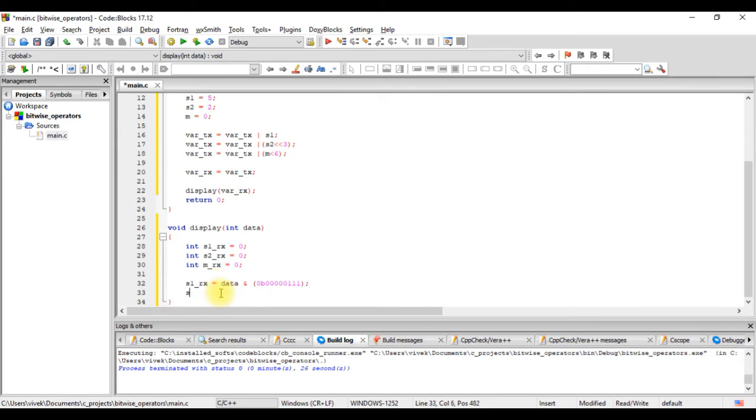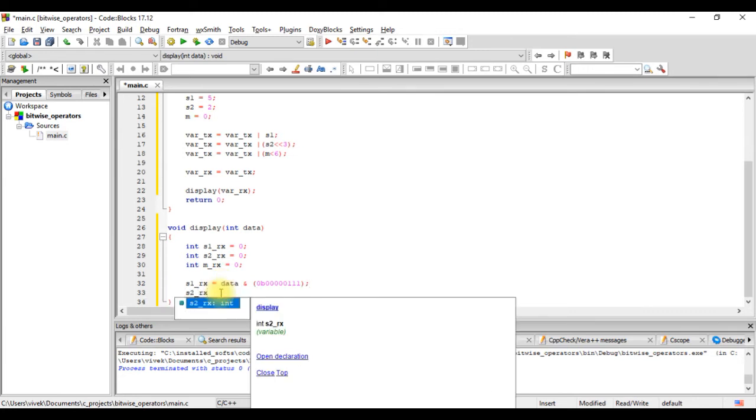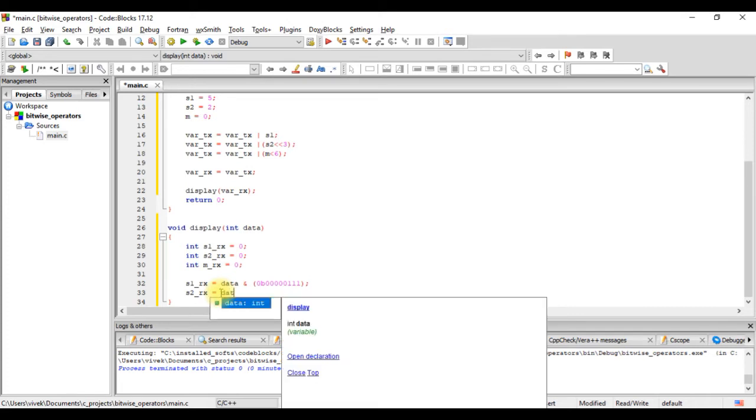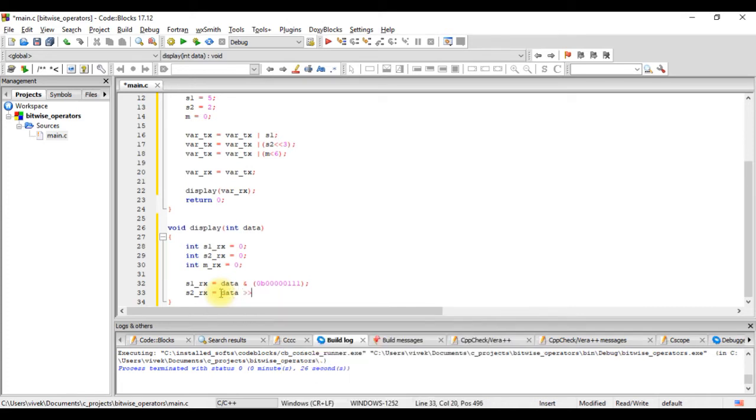Now we take s2_rx equals data. We right shift data 3 times here, and we bitwise AND it with this same value, because after we right shift it 3 times, the bits 5, 4 and 3 will now be located in 2, 1 and 0.